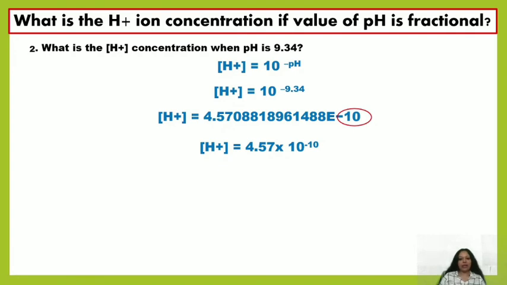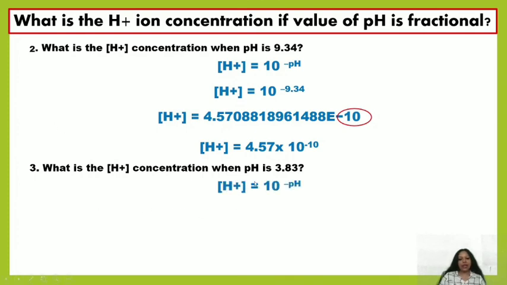Now it becomes simple for you to find out the concentration of hydrogen ion or any other calculation. Here we are taking an example of hydrogen ion and pH value. So by taking another example, it will be more clear to you. Again, here the given value of pH is 3.83. So we will put the value in the powers of 10, and we will find that it would be equal to